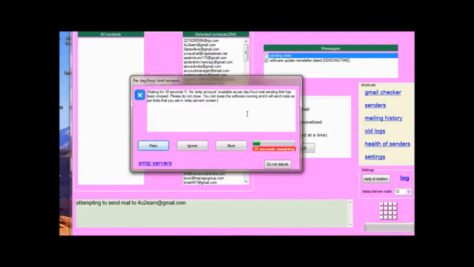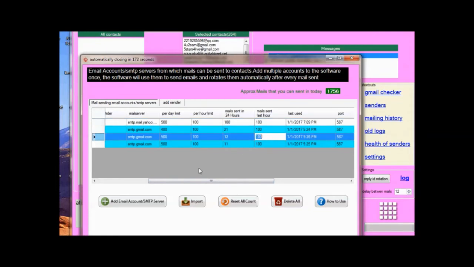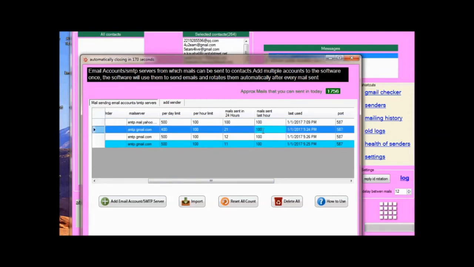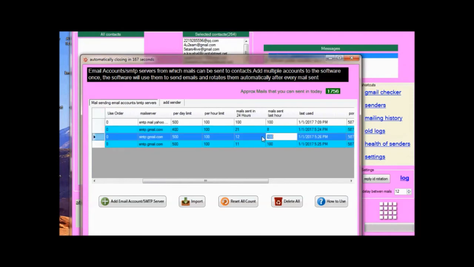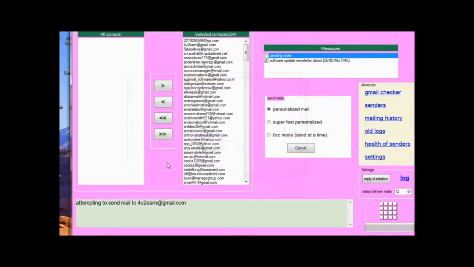So the system will automatically wait till the SMTP server is available. Maybe if you have some other server, sometimes you can do it. Whatever you mention, you should not actually set the limit manually. The system automatically waits till limits are reset by the servers. Other things I want to tell you, see, we have this mailing history,